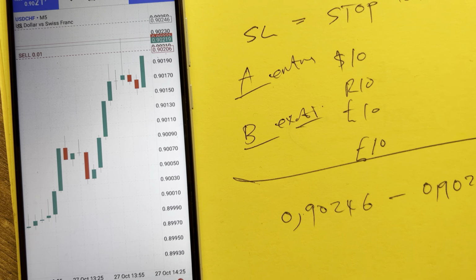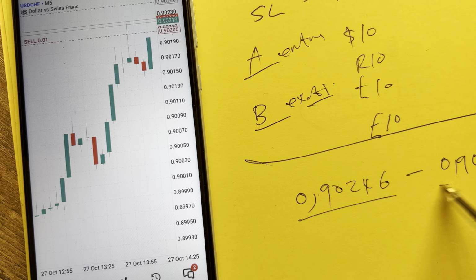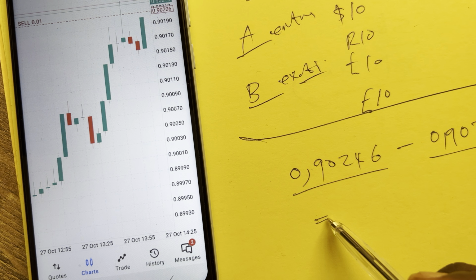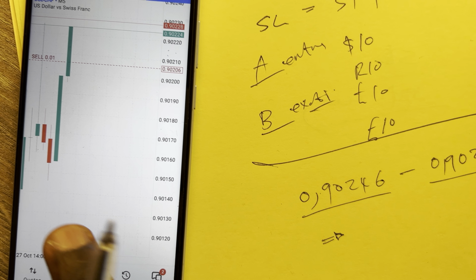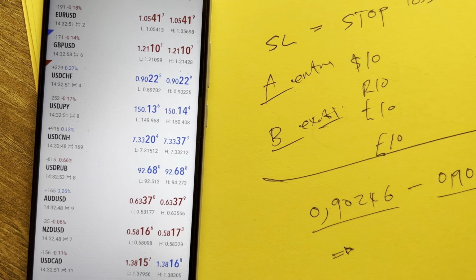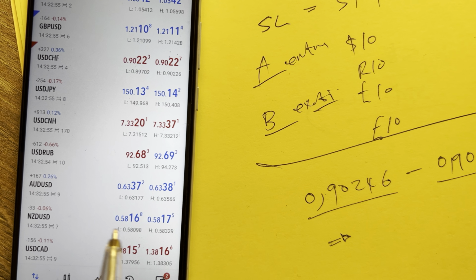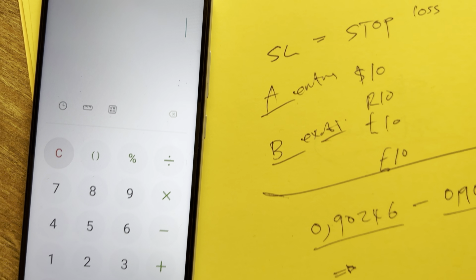Yes, now it's 6. This price. All right, okay, so when we're minusing these two prices, we're gonna get the answer here. So that's what we're gonna use 2 times. So now the trade is gonna be closed if it's gonna hit there. All right, so we're gonna come here again, under calculator. Let's use a calculator very fast and say